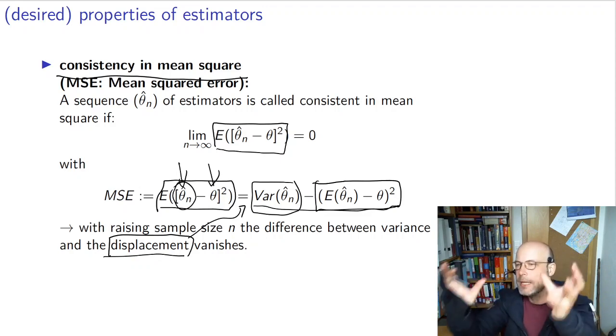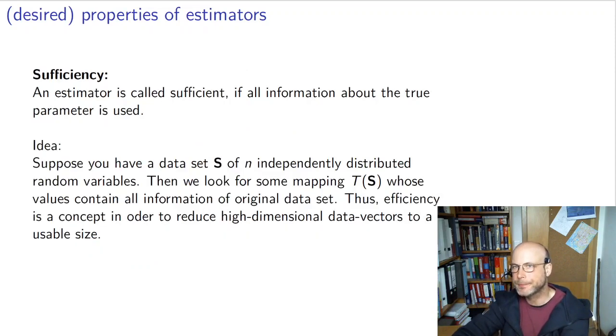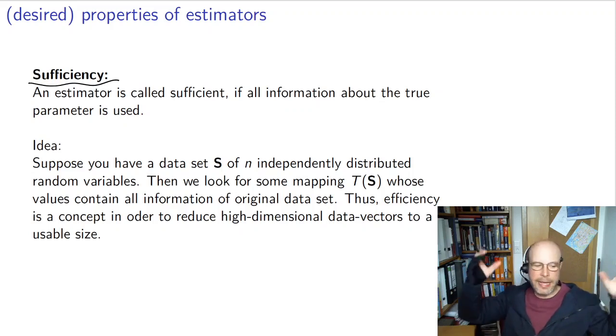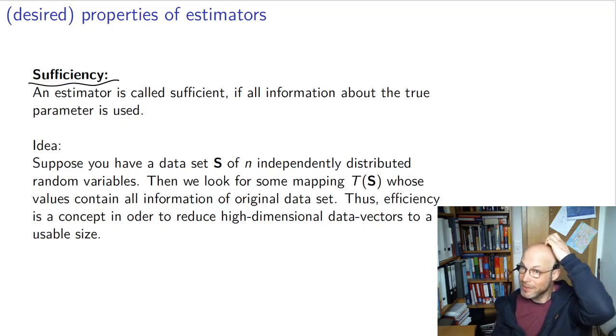I hope maybe you have seen this formula in your introductory courses, hopefully, because this is also one really important result in statistics, which always comes up if you're doing statistics. And the last one is, maybe a bit philosophically, the so-called sufficiency. Sufficiency means I take some sample, maybe a very large random sample, and to analyze this large random sample is costly. And now I can ask the question: if I create some numbers out of my sample, maybe our arithmetic mean or the proportion of my red balls,